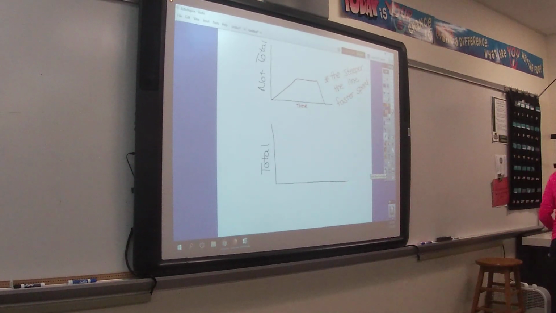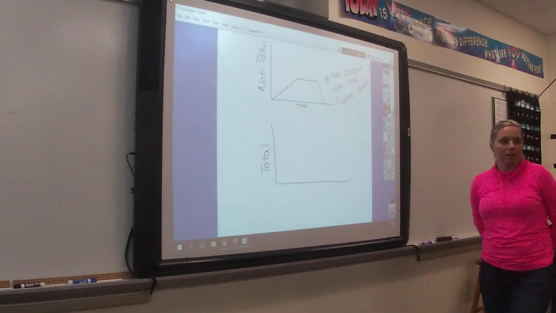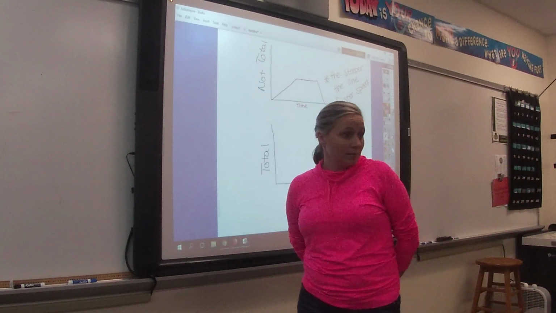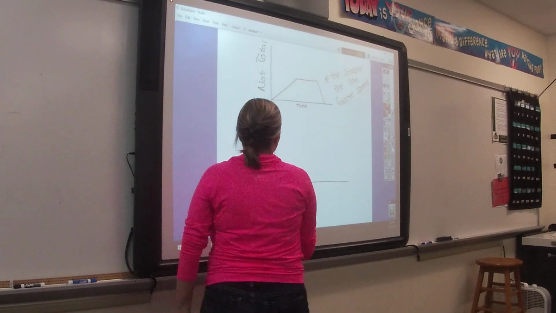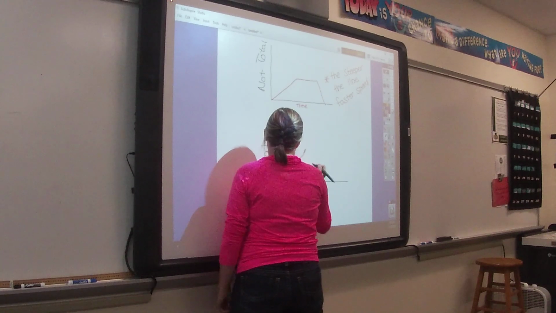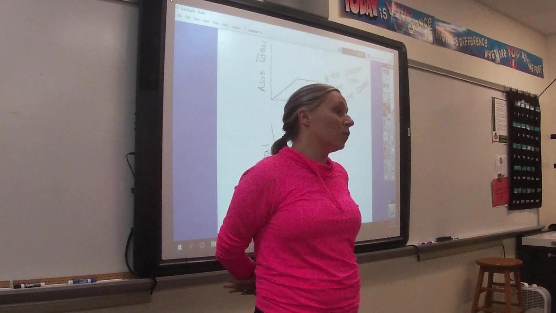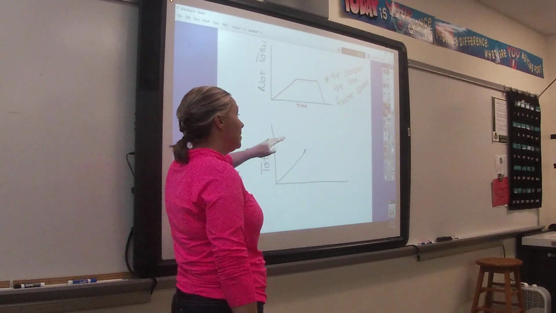Okay, so now I'm going to do the same thing. I'm going to start over here, but now I'm going to do a total. So now I'm going to do my total distance walked. How do I know that it's a total? Because I literally have total in the label. Okay, so I start walking. Okay, what's happening right now to my distance walked? It's increasing. So how do we represent increasing? I'm going up. Slope. Could you represent as a positive slope or no? I mean, we can say that it's a positive slope, but we want to use the word increasing total distance